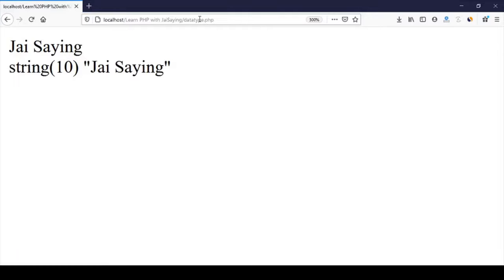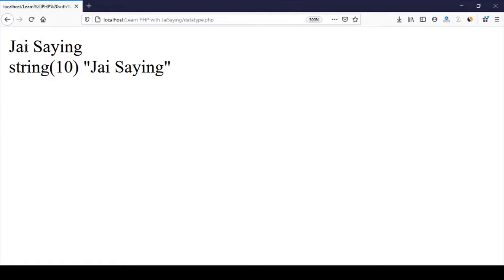You can check JSON displaying, and what is the type you have to focus on in this case? What is the data type? It is string data type. And how many characters? 1 2 3 4 5 6 7 8 9, and you have 9, and space also will be included.